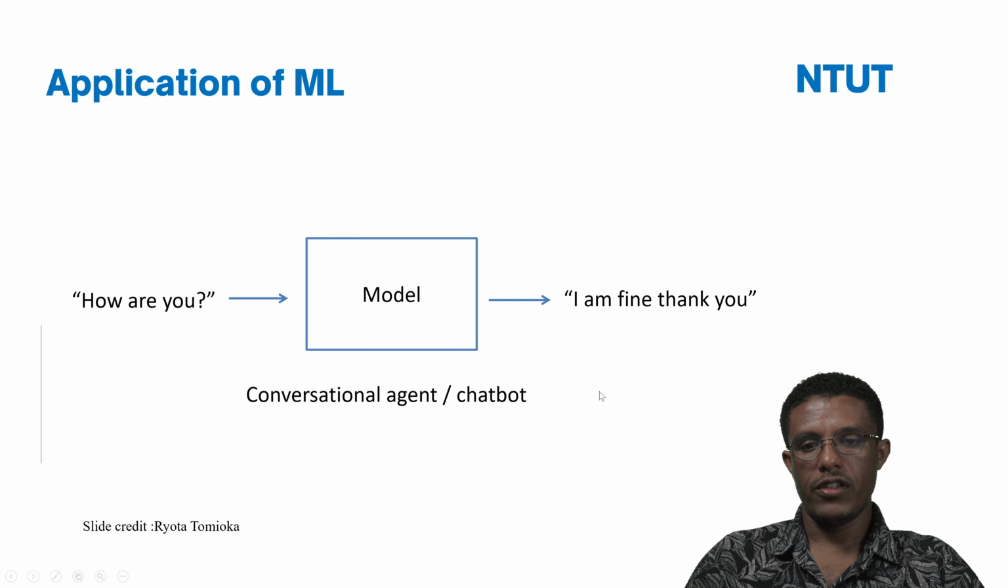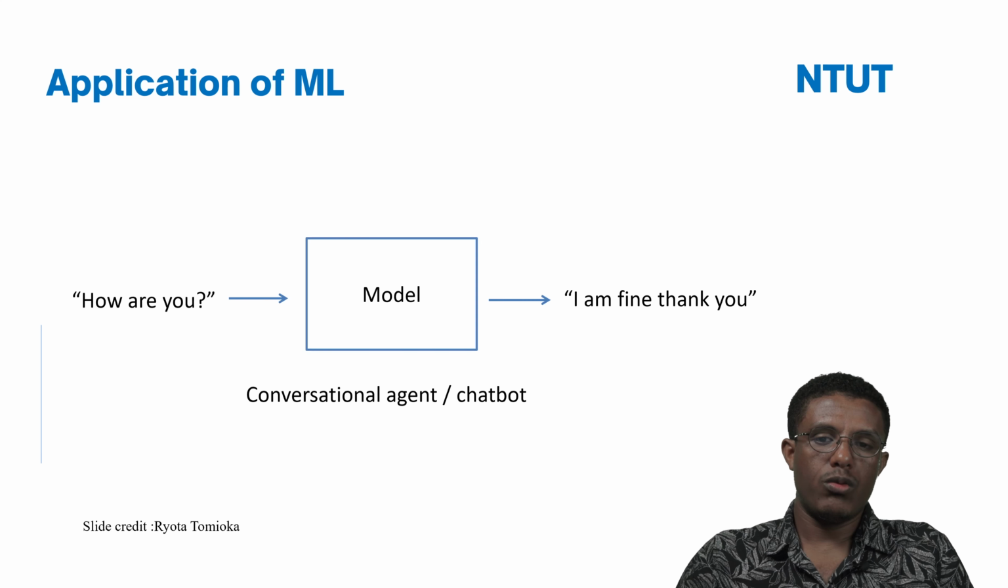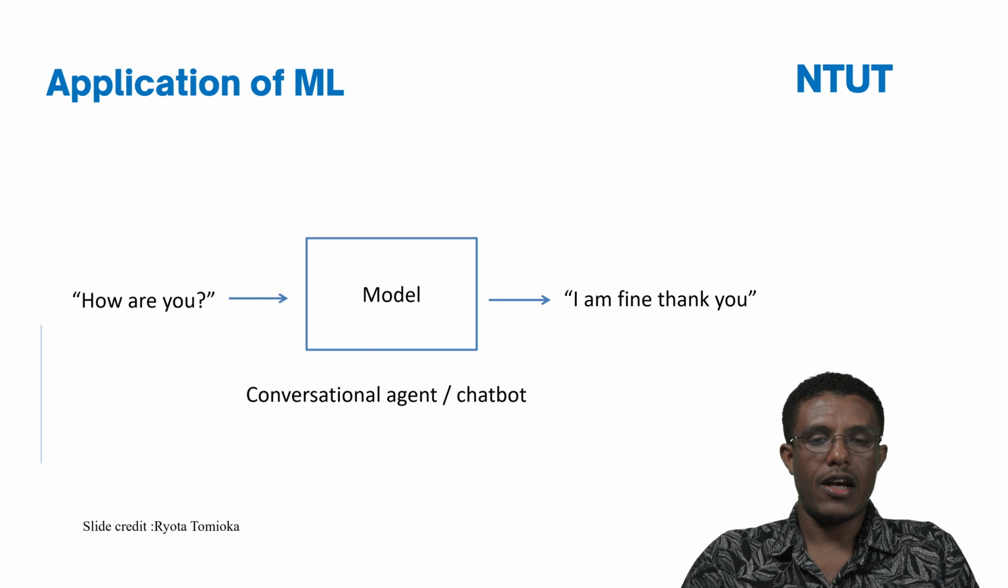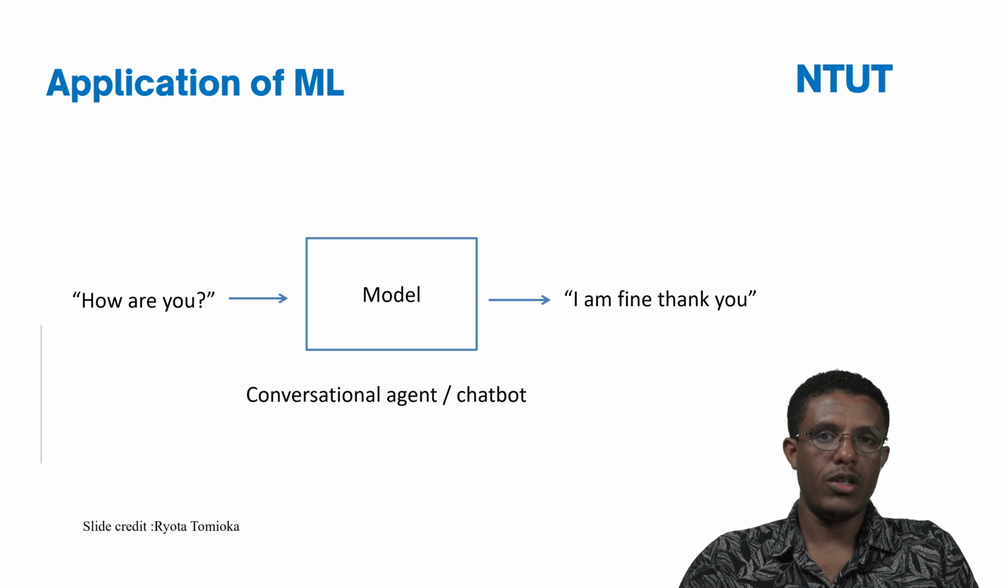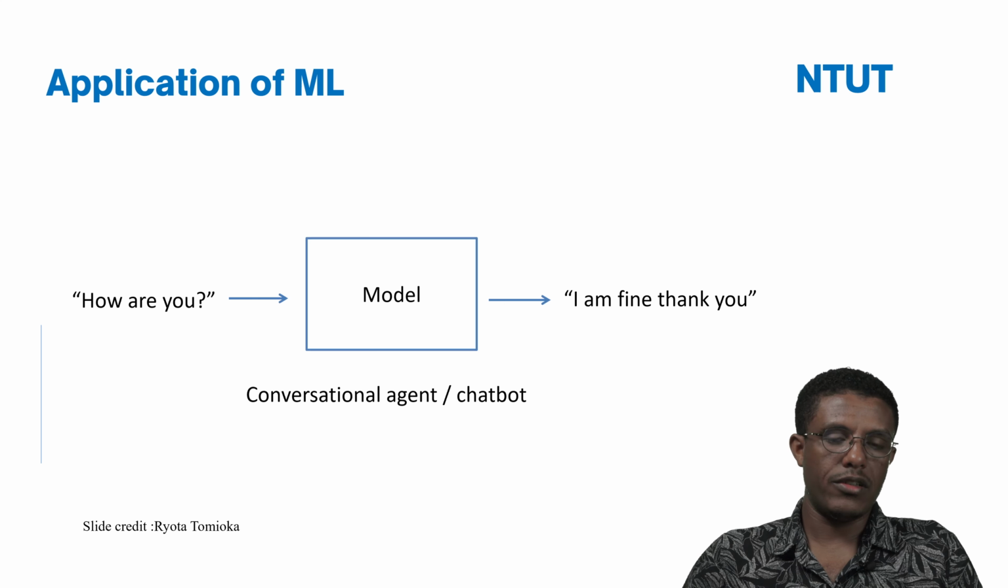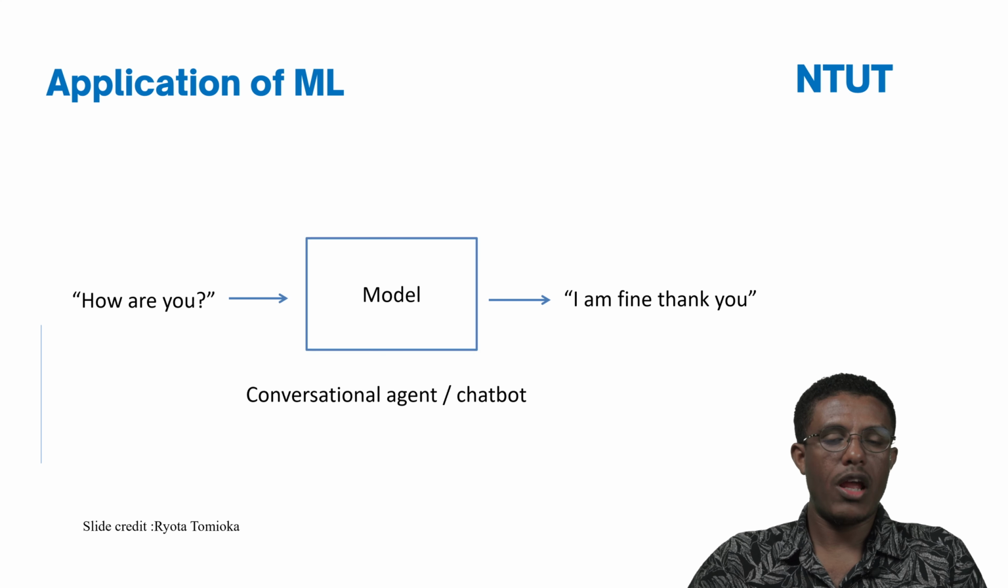Another application is a conversational agent or chatbot. This chatbot or conversational agent is like an expert system. It can act like a human being. That means when someone asks a question, that agent or chatbot can reply with an answer to that question. That's called a chatbot. Recently, ChatGPT is a type of chatbot that replies with an answer to every question from